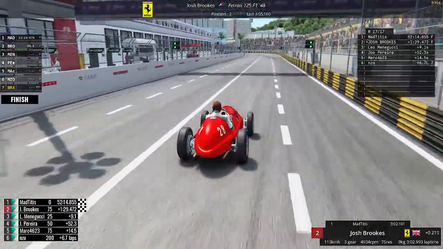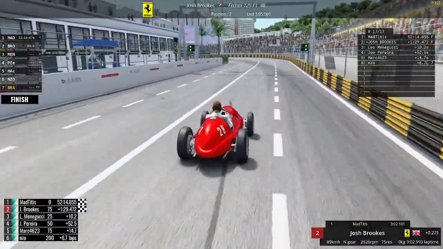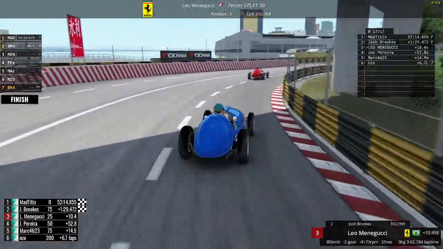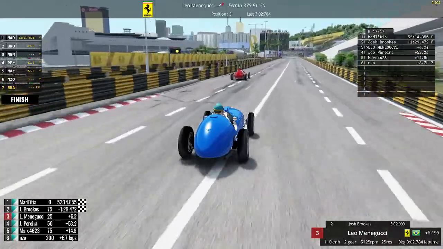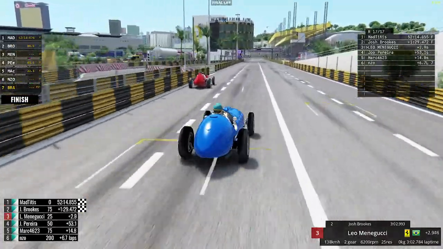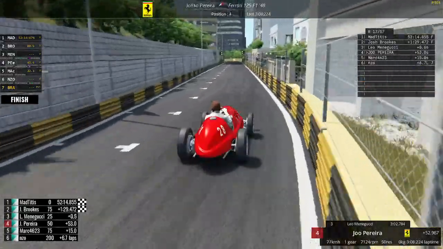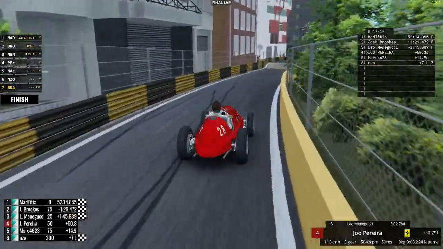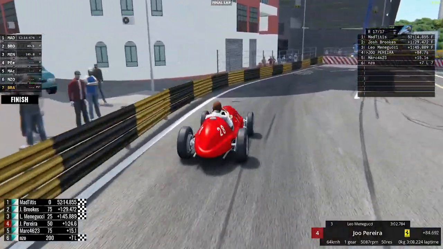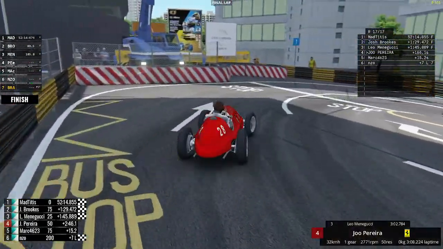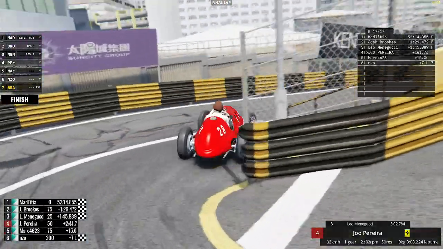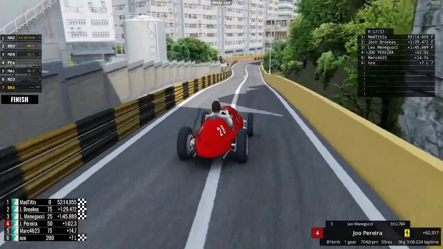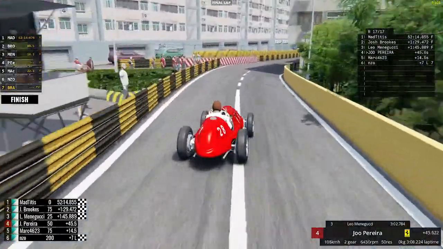Josh Brooks takes P2 of the Macau Grand Prix, and Leo takes P3, and Enzio takes P6 in the Alfa Romeo, as Obi is now heading down towards the hairpin, the Melco hairpin, a beautiful corner, as I've covered many times during this race. Takes all the space on the inside and heads down towards Fisherman Straight,